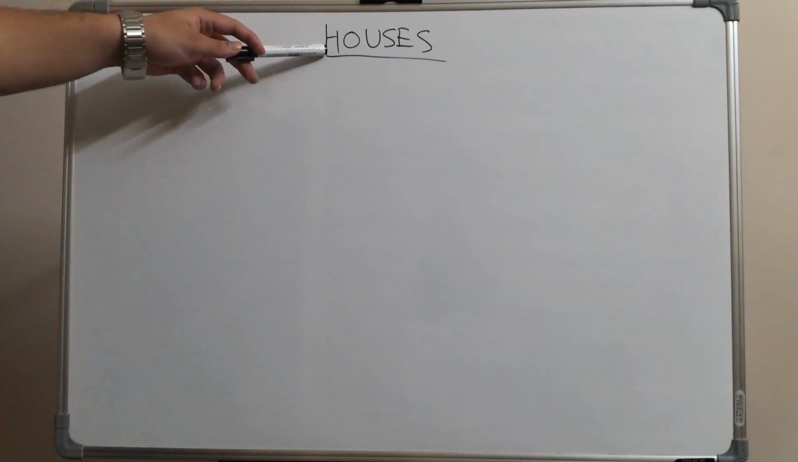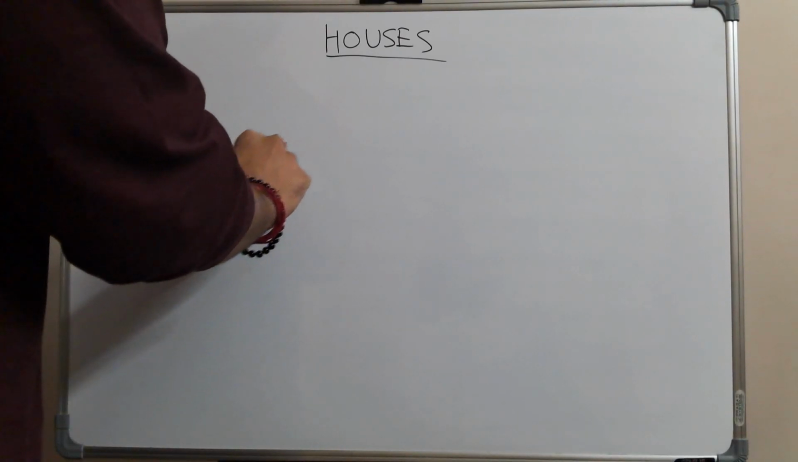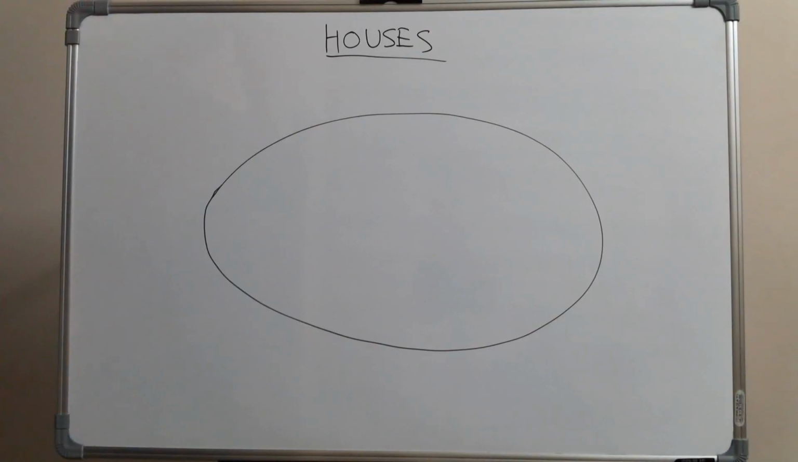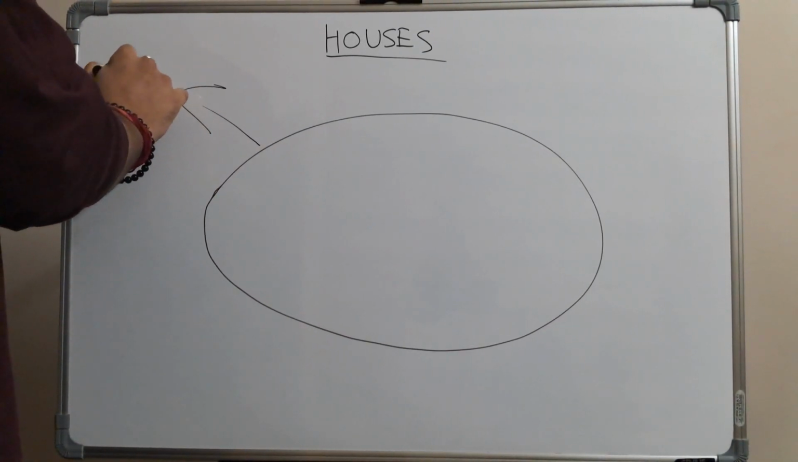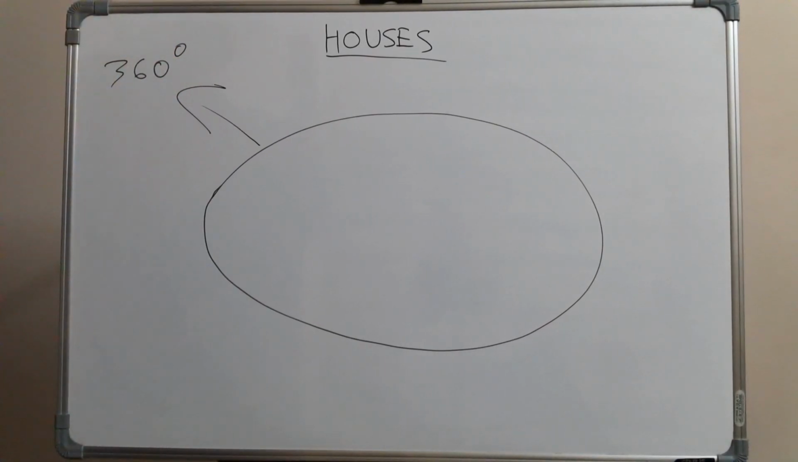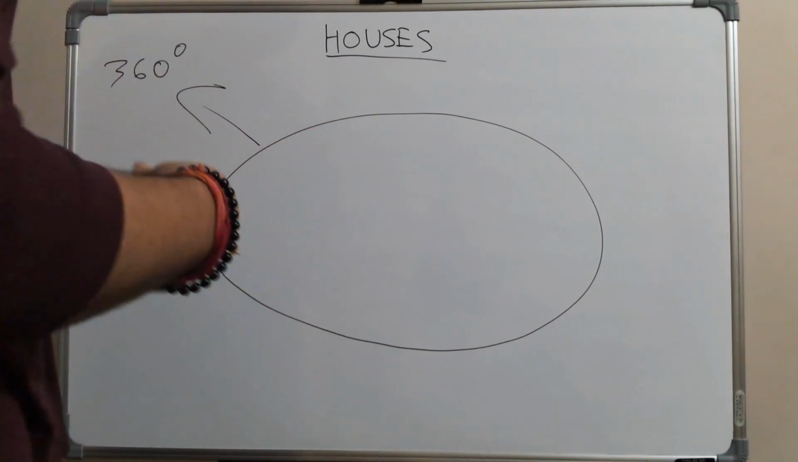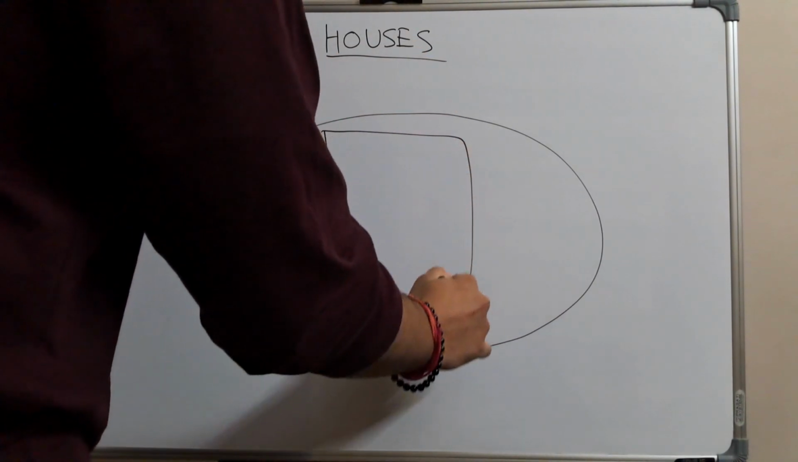Coming to the concept of houses. To understand the concept of houses, I'll first start with explaining the zodiac signs properly. So, let's say this is our solar system, and this entire solar system is 360 degrees. So, to keep this simple, what the people who invented astrology did is they made this entire